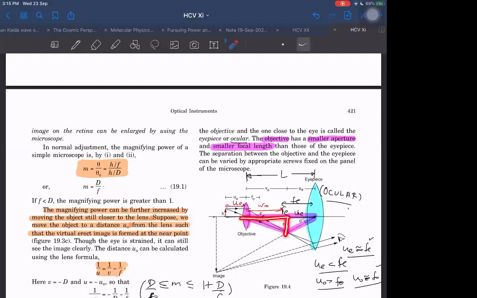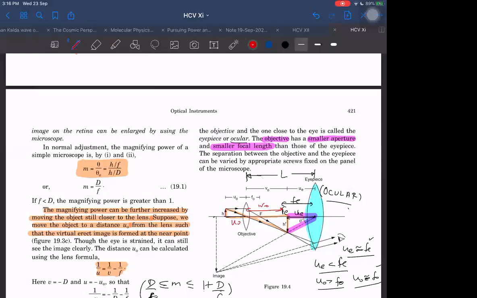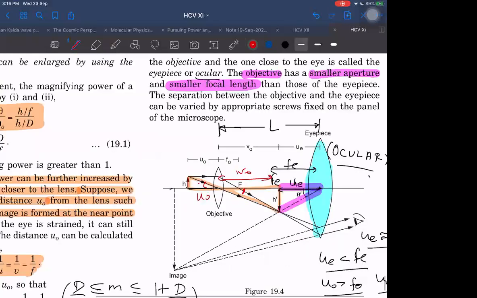This triangle, okay. From where they are getting this conclusion, those triangles are these triangles here, these two triangles here. H dash upon U naught is equal to H upon V naught, right? That only. Right or not? This only. These angles are equal because they are opposite angles. These two angles are equal. Correct only.